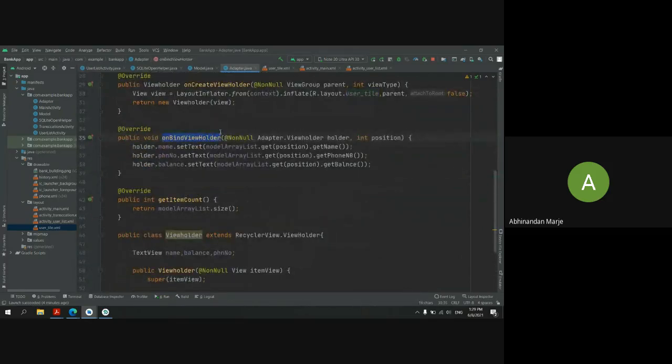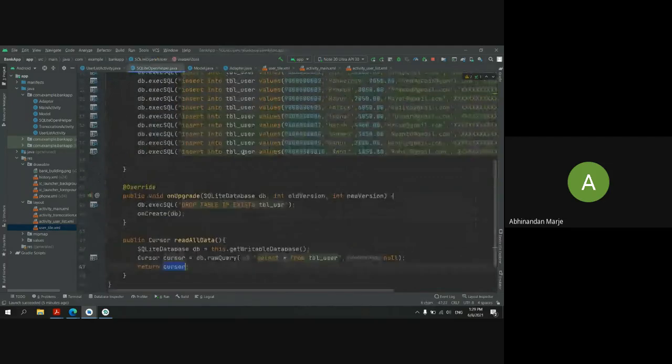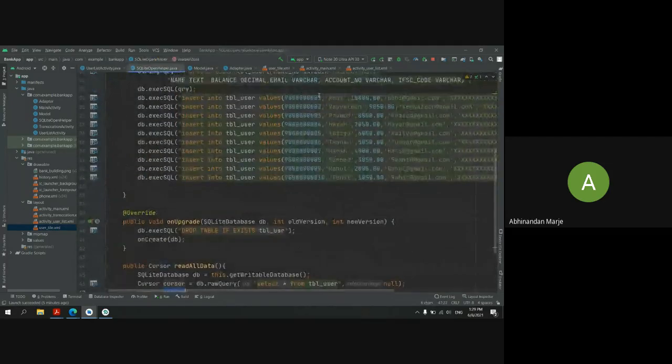Okay. And the next thing is onBindViewHolder. In this method, you have to set the data to our XML layout. When I'm getting an array list, that means in that array list there is some data, and arrays work with indexes, right? So in my array list, the first item will be at the 0th index, the next at the 1st index, and then the 2nd index.